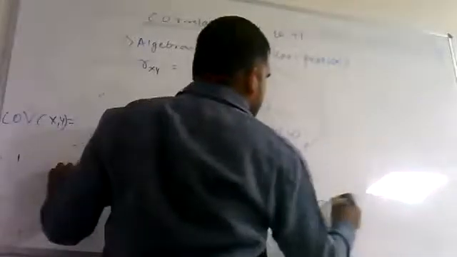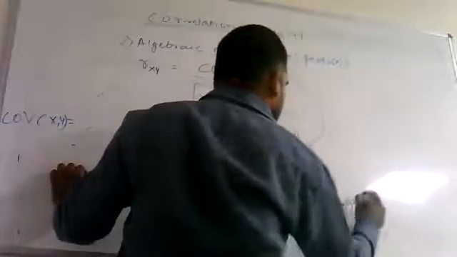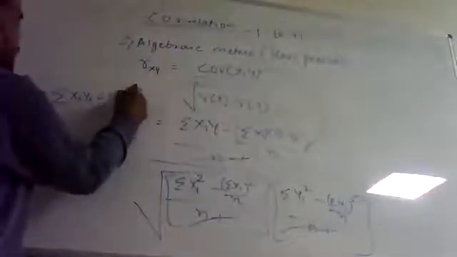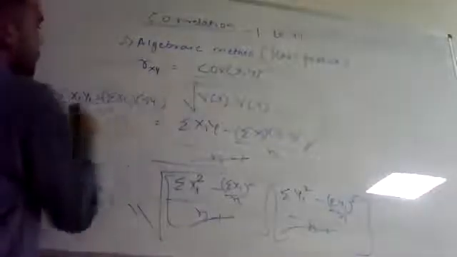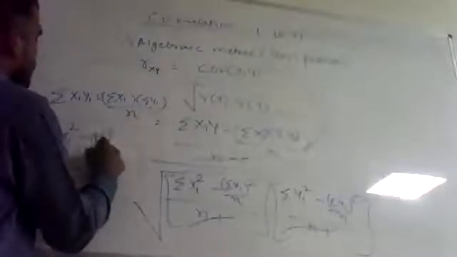And variance of y is given as summation of y square minus summation yi bracket square divided by n, whole divided by n minus 1. This n minus 1 into n minus 1 will get cancelled. And the remaining formula is summation of xi yi minus summation xi into summation yi divided by n, whole divided by square summation xi bracket divided by n